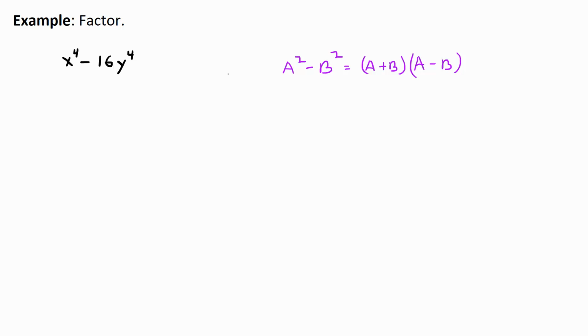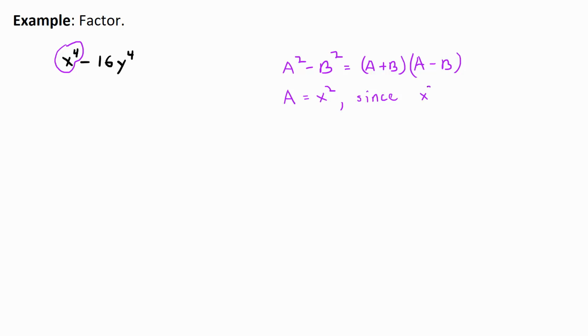Remember, you first want to look for a GCF to factor out. There isn't one other than 1, so we don't worry about that. And then we identify what's acting like a. Well, first off, what's acting like a squared? Oh yeah, x to the fourth is going to be our a squared. That's my claim. So what's a in this case? Well, I claim that a would be x squared, since